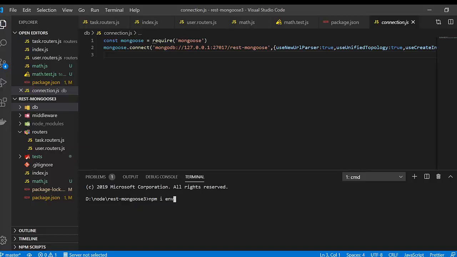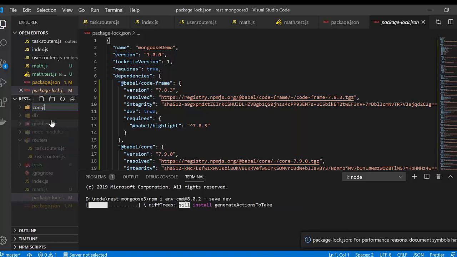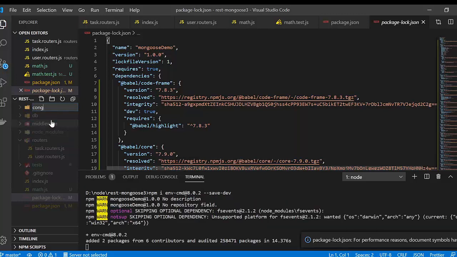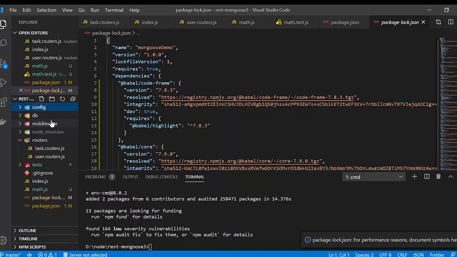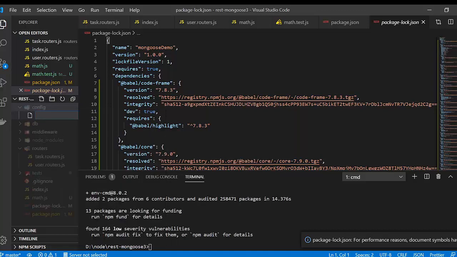env-cmd at the rate, it will say which version you want, and we're going to save it as a dev dependency. So in here we're going to create one new folder. Let's say its name is config, because we're going to separate the environment of both the dev one and the test one. So in here we're just going to say new file, and let's say its name is